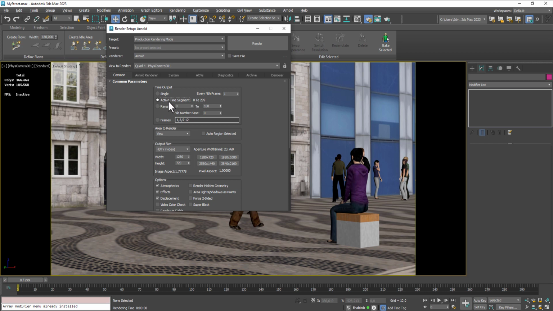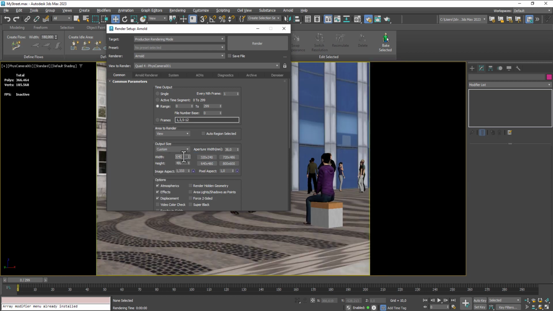I choose whole animation, or you can choose maybe right now. And I want, this is resolution, and I want custom and 360, yes,